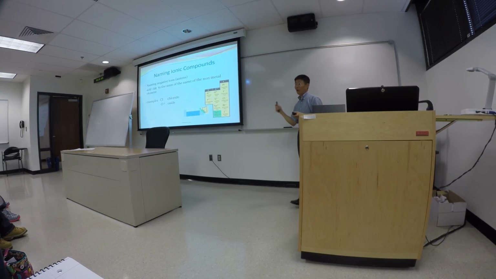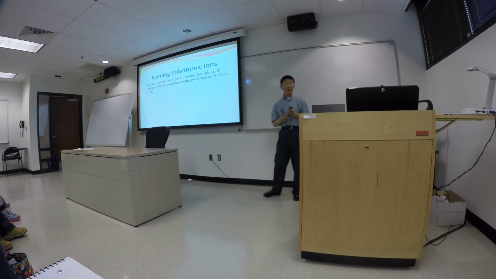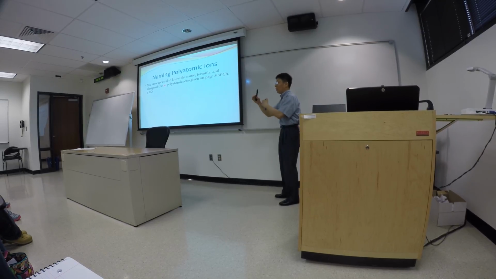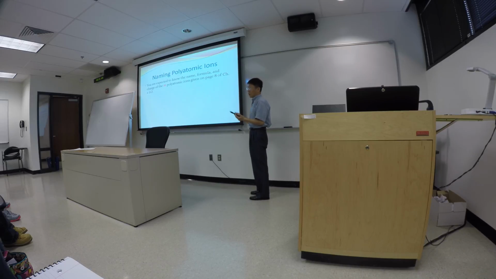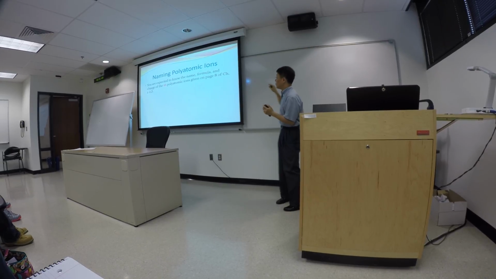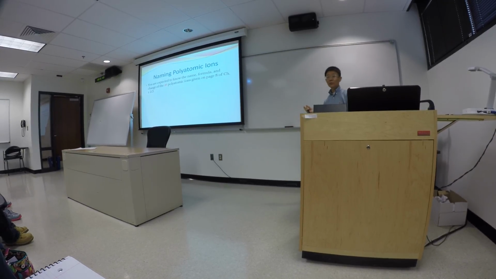For the first 3 in-class exams, you will be given both name and formula, but on the final exam, you may be tested on the nomenclature of inorganic compounds. So these are the things that we need you to remember. Once again, the name of the polyatomic ion is very important. If you look at the textbook in chapter 2 and chapter 3, there are multiple tables where polyatomic ions are listed. For this particular course, we need you to memorize at least those 16 polyatomic ions. We showed you the table